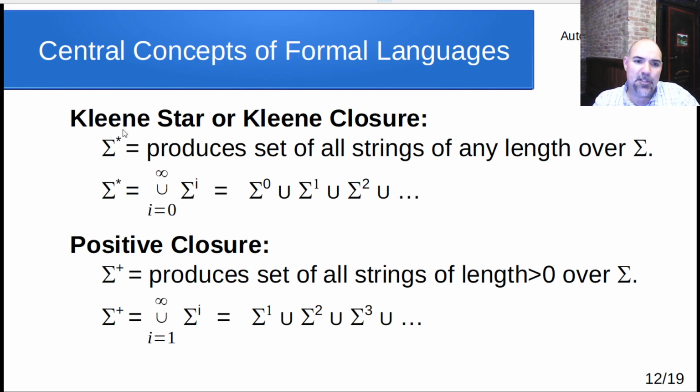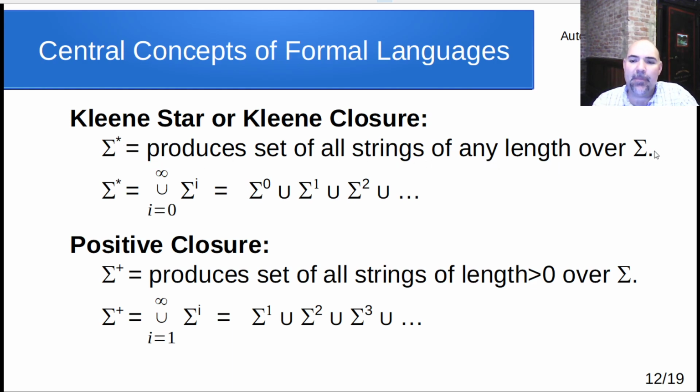The mathematician / computer scientist who came up with this didn't pronounce it that way, as Kleene, but we're going to call it Kleene in here, or we'll probably just end up calling it star. Anyway, that alphabet raised to the star produces the set of all strings of any